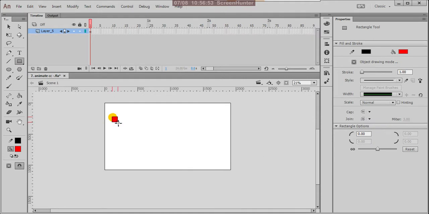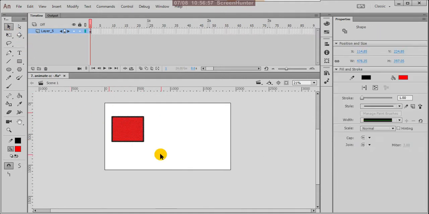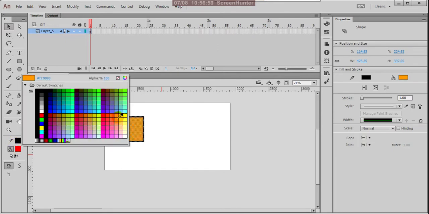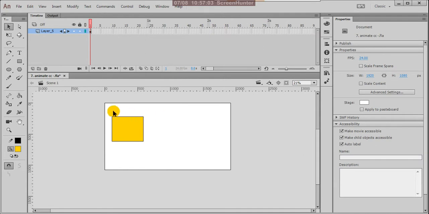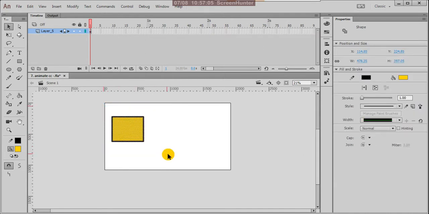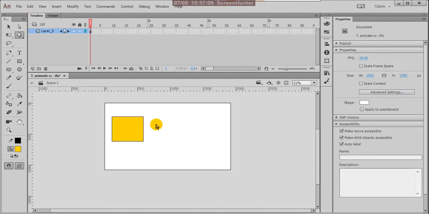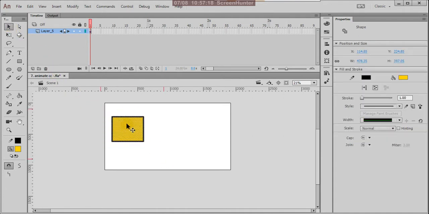Suppose I take a shape, whatever color, I'm giving this. Before applying this tool, you must convert this shape into a symbol.